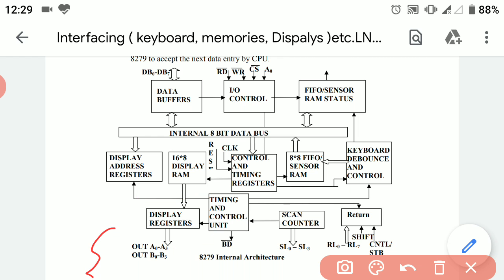These two output buses are 4 bit. This is out A0 to A3, which is 4 bit, and out B0 to B3, which is also 4 bit. Either we can use these 4 bits individually for any 4 bit data display, or we can use them combined for any 8 bit data display.